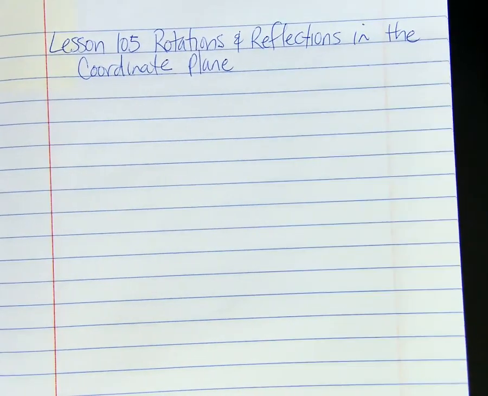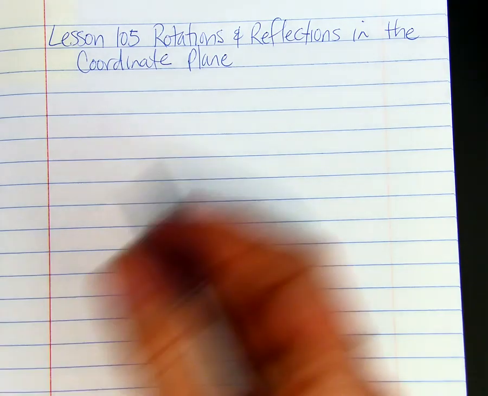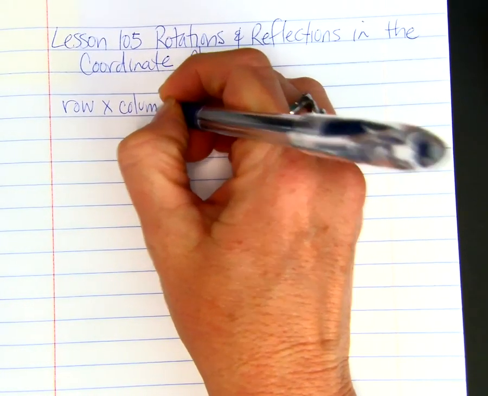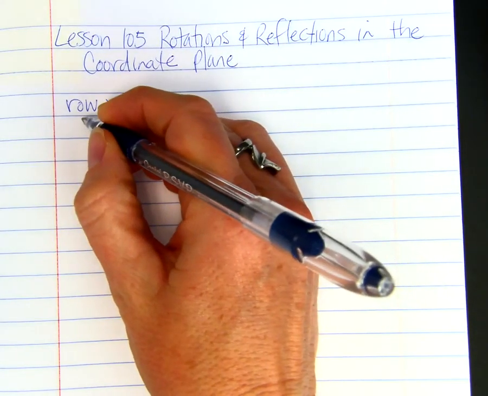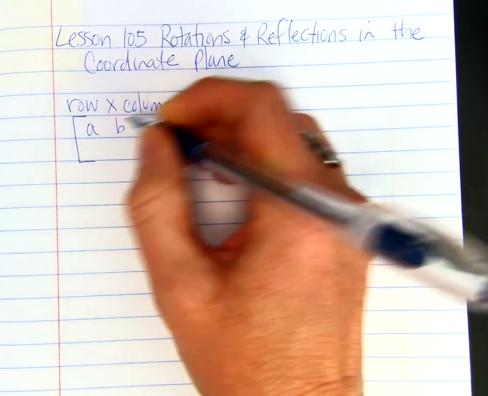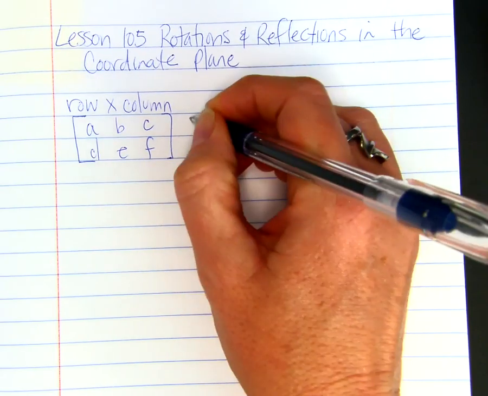Okay. There's rules in which matrices can be multiplied together. So, for instance, you know in algebra we have the commutative property where you can change the order. With matrices, you can't always do that. If you remember, with a matrix you do row by column. I'm just going to draw two matrices, and we'll put letters in there instead of numbers. A, B, C, D, E, F. Times